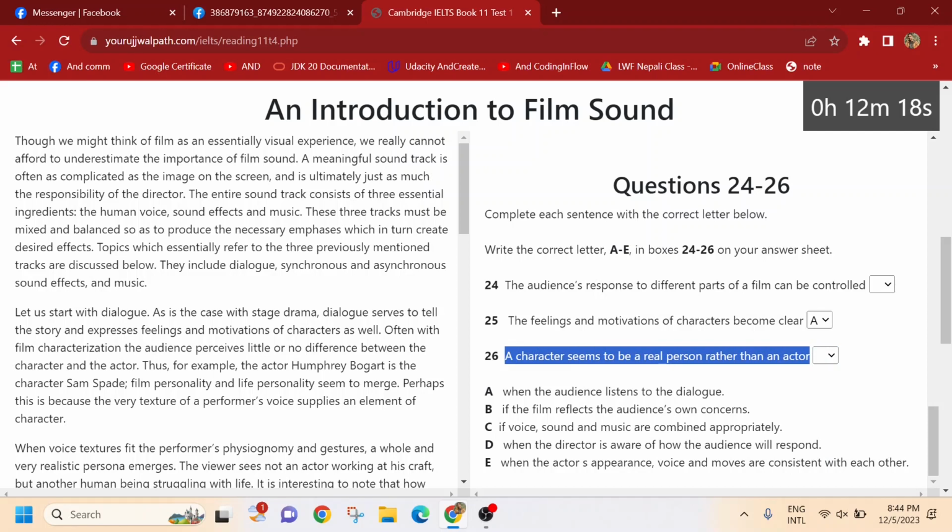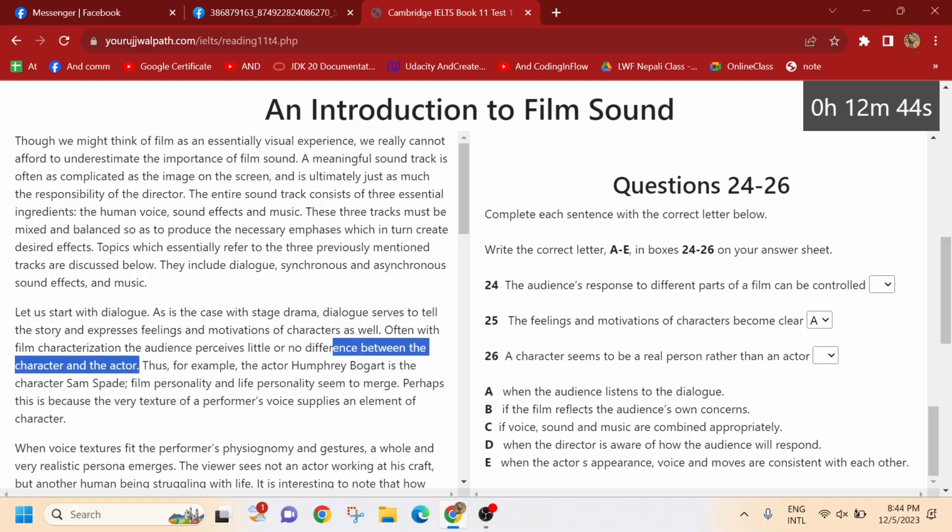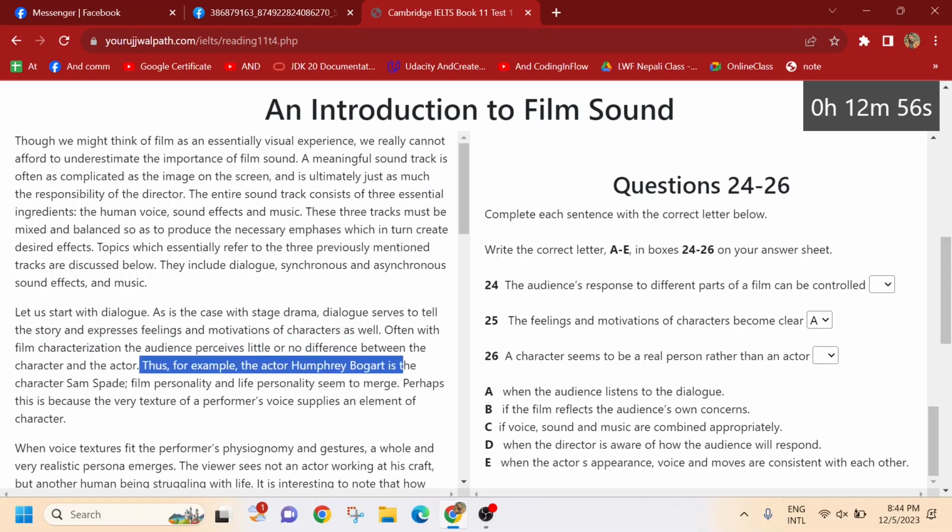Let's see if we can find this. Most probably it's not contained within this paragraph, it would be further down, but we just find characters and audience perceive little or no difference between the character and the actor. We have over here: often with film characterization, the audience perceives little or no difference between the character and the actor.